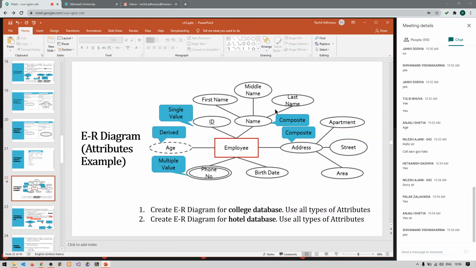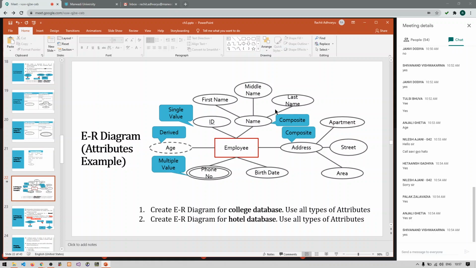So Palak, can you tell me what entity sets you will create in the college database first of all? I'm talking about entity sets. Palak. What will be the entity sets of the college database?